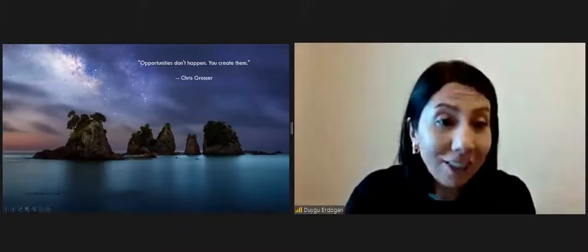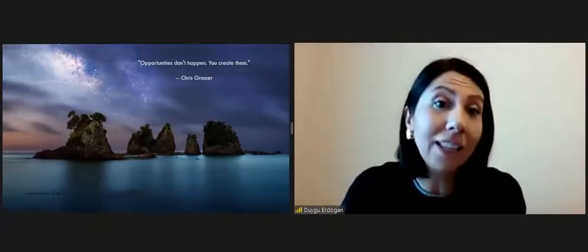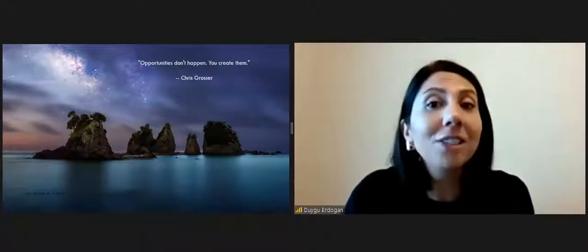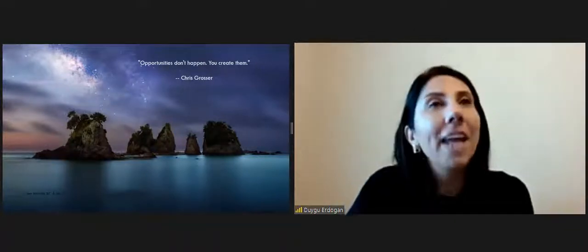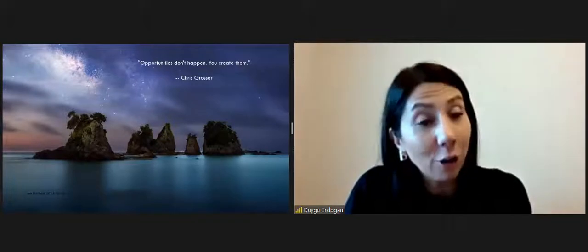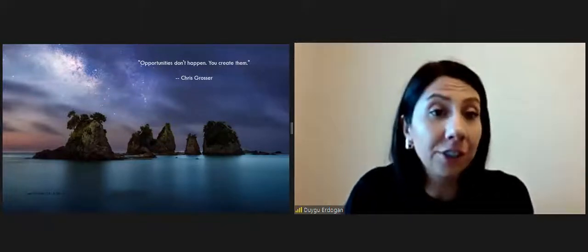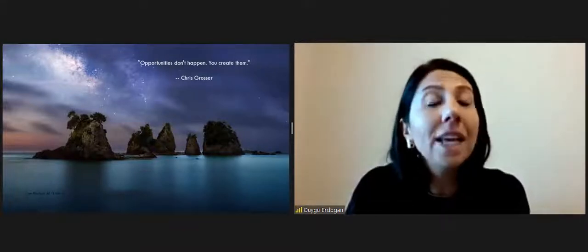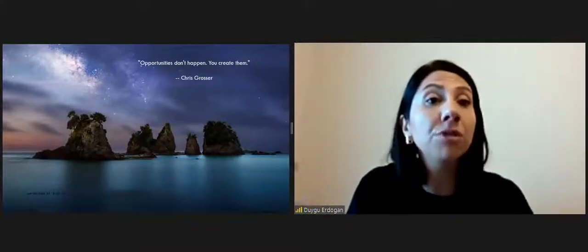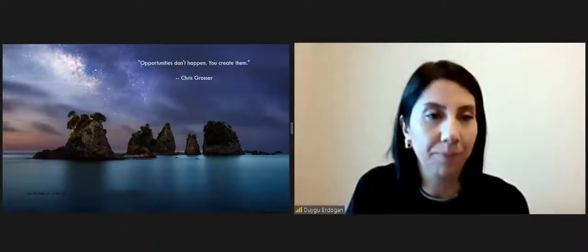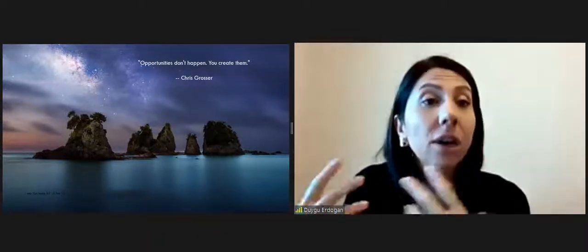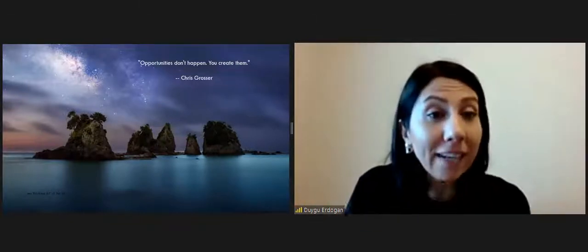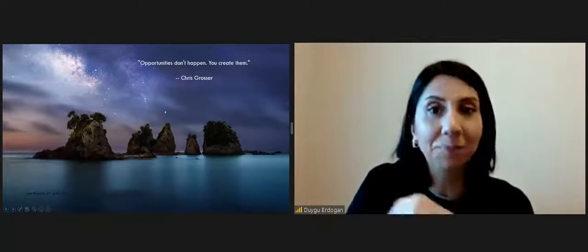Before we look at today's agenda, I would like to start with a quotation that I like from Chris Grosser, because the quotation goes as, opportunities don't happen, you create them. Now, the kids are learners, either primary, either secondary, although we're going to be talking about primary and secondary, but think about high school and university students as well. They may not be able to see those opportunities around them, that learning moment. So what happens is, it falls onto us. We need to be able to create that environment for them so that they can actually see the opportunities.